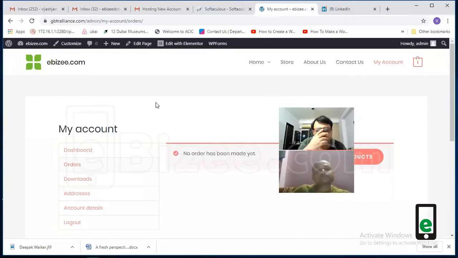Okay. So my idea in this session was just to show you how easily, using the Astra theme, which is the foundation for a house, your e-commerce store, you can create a completely functional site like this in very short time.